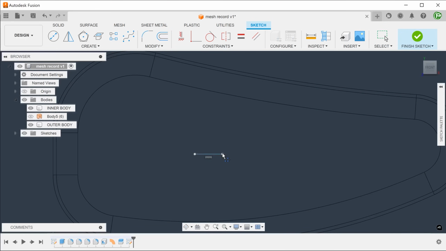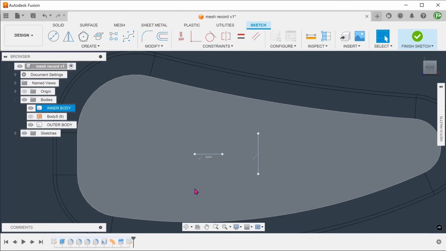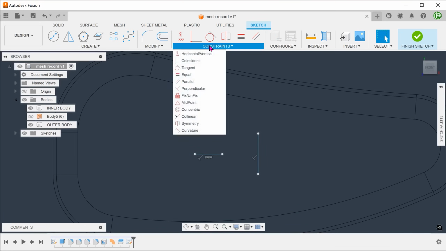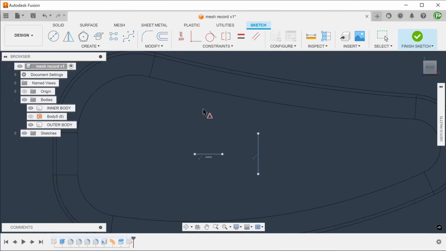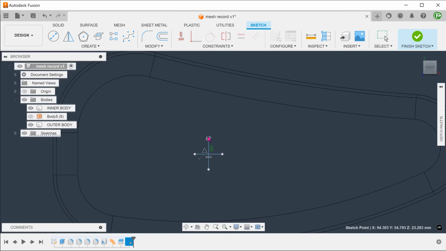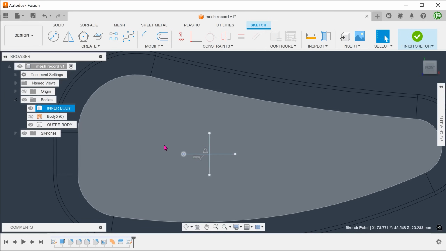I am going to draw a horizontal line and a vertical line somewhere in the middle of this face. Select the midpoint constraint and click on the two lines. This will make the midpoints of the two lines coincident with each other.